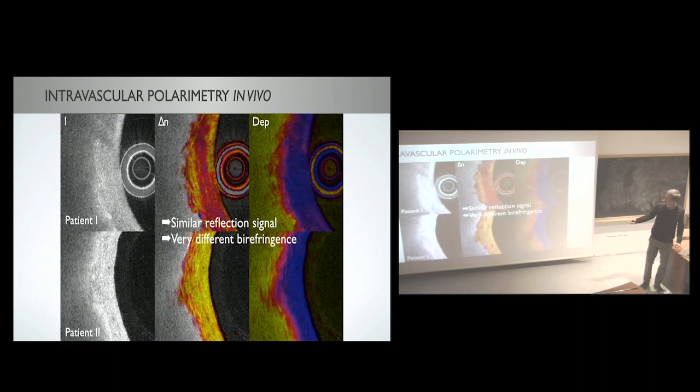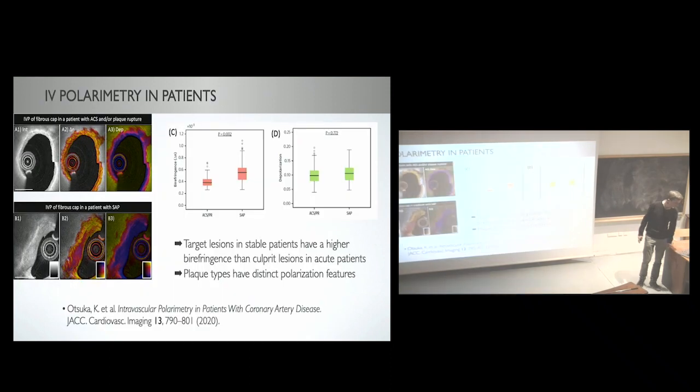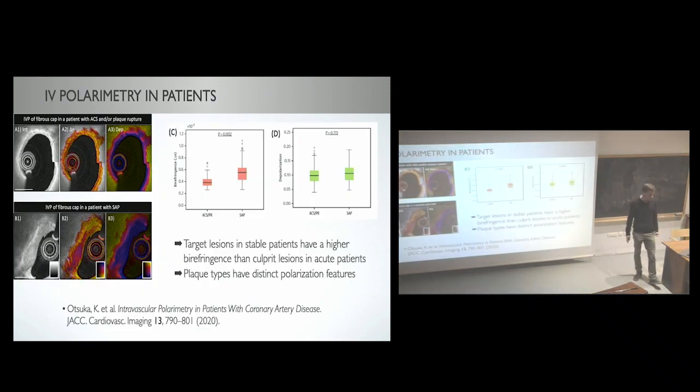What's intriguing here is that some of these features, if you look at this vessel wall in these two patients, have a very similar intensity image in OCT, but a very different birefringence, which suggests that the material of this tissue may have a very different composition, which could have implications for the medical therapy of these patients. We did a bunch of preliminary pilot studies where we compared, for instance, acute patients,